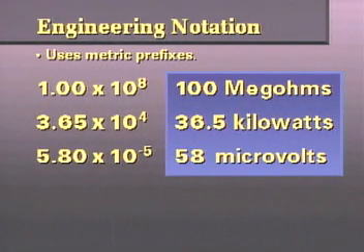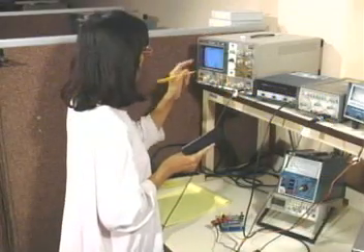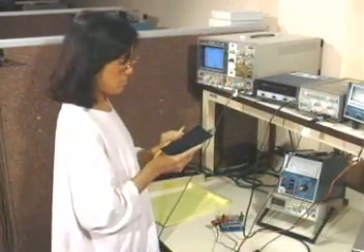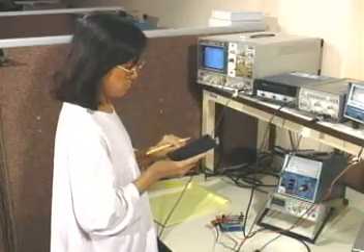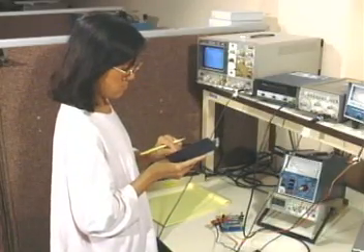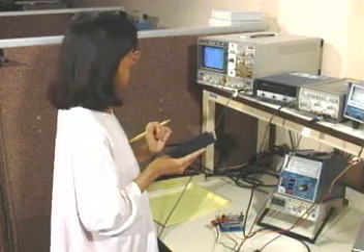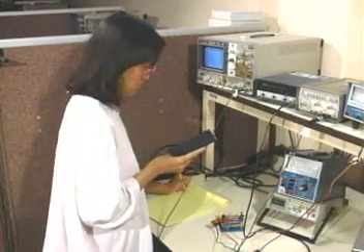Engineering notation is very similar to scientific notation, except that the goal is to simplify the way powers of 10 values are written by using metric prefixes. Engineering notation is more common for engineering and technical environments, such as electronics, than scientific notation. For this reason, it is the notation system we'll emphasize in these lessons.